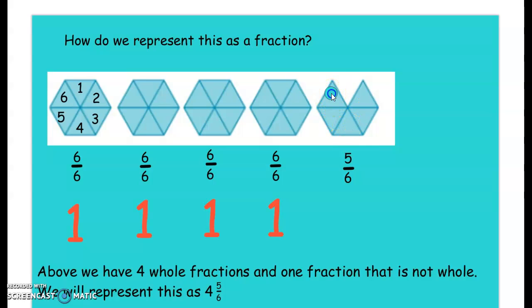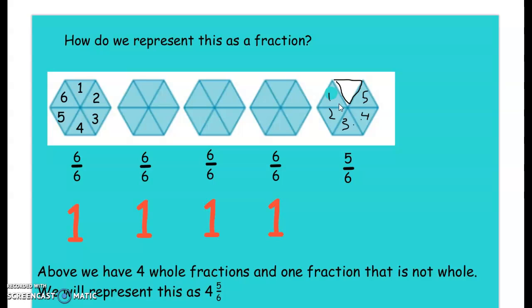If you look, we were able to use 1, oh, I've accidentally rubbed that out. 1, 2, 3, 4, 5 triangles out of the 6 that we needed. Here is the 6th disappearing one that we didn't get to use. So 1, 2, 3, 4, 5. So we had 1, 2, 3, 4 whole hexagons, and then 1 hexagon that was not quite whole,